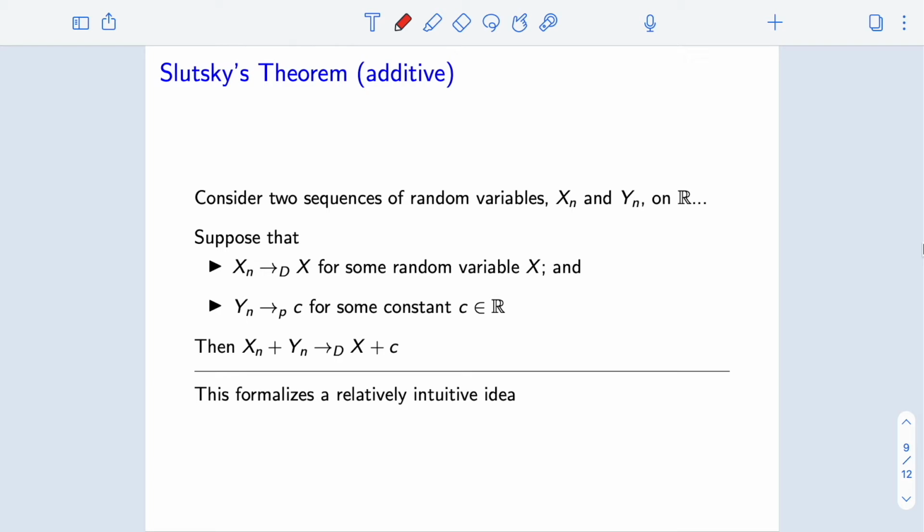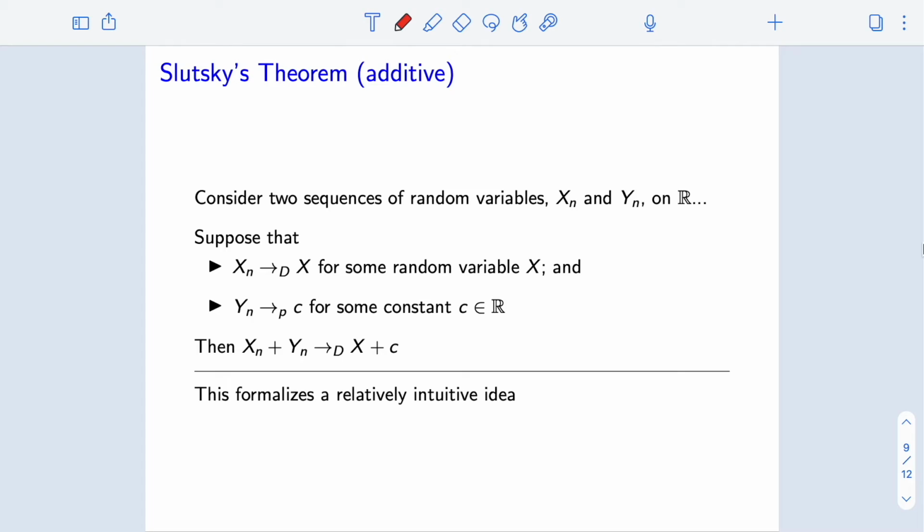And it says, imagine you have two sequences of random variables, Xn and Yn, and these are both sequences on the real numbers. Imagine that Xn converges in distribution to some random variable X, and Yn converges in probability to some constant c. Then Xn plus Yn should converge in distribution to X plus c. In our case, we are going to be taking c to be 0, and X is going to be a